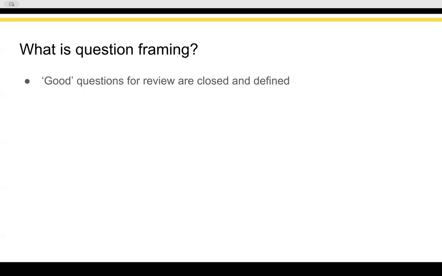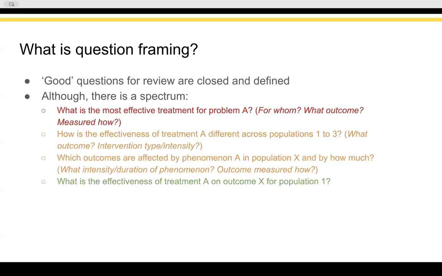Conversely, good questions are ones that are closed and very specifically defined. However, there is a spectrum within closed and defined questions from not very specific to much more specific. So, for example, what's the most effective treatment for problem A is still lacking some detail of for whom, what outcome, how it's measured. How is the effectiveness of treatment A different across populations 1 to 3, what outcomes are being measured, what's the type or the intensity of the intervention, which outcomes are affected by phenomenon A in population X, and by how much